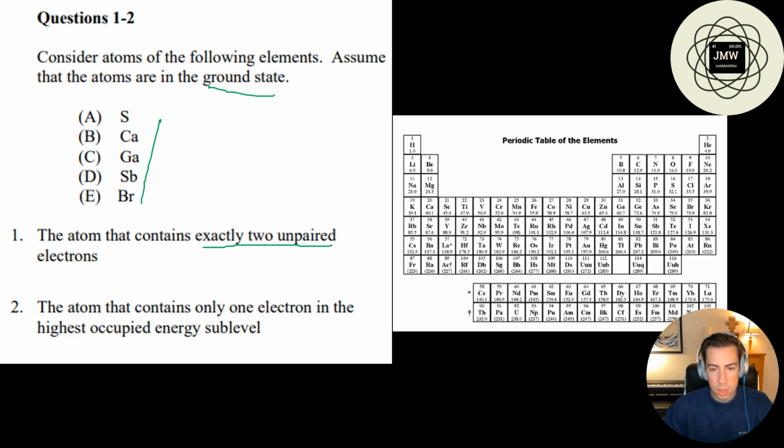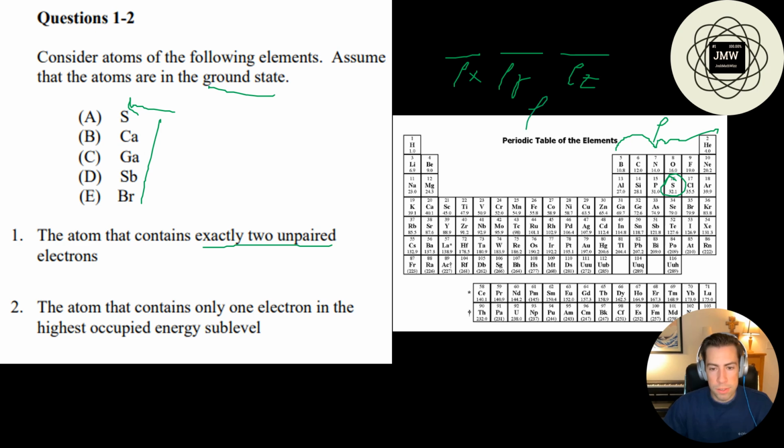If we go through and look at all these atoms, let's start with sulfur. Sulfur is going to be right here, and the last orbital that could be unpaired is the p orbital, because this right here is all the p's. So I'm going to write it out here. I'm going to do 1, 2, and 3. So this will be my px, my py, my pz, and this is all for the p